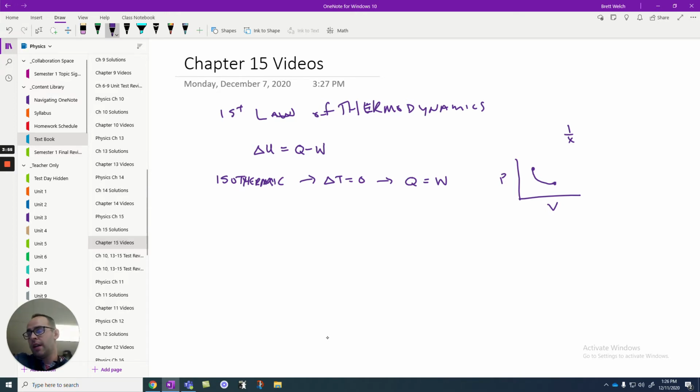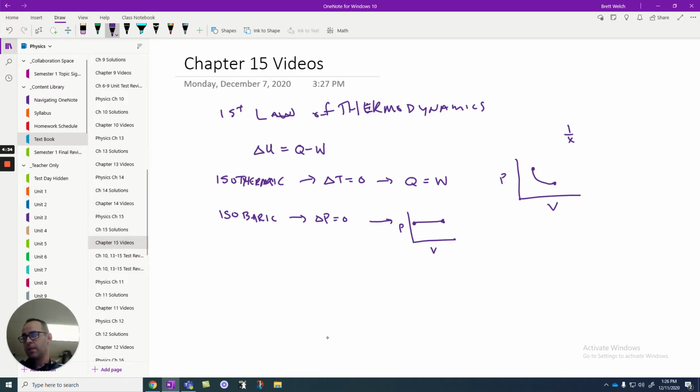The next one is adiabatic, which is actually just a steeper version of this. It actually drops down a lot faster. But we're not going to do that one. We're not really going to focus much on it. We are going to talk about isobaric. And isobaric means that the change in pressure is equal to zero. On a PV diagram, if the pressure is held constant, that means it would be a flat line across. So a graph like that would be isobaric.